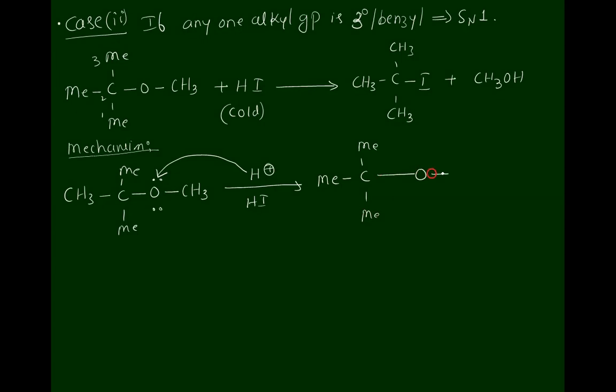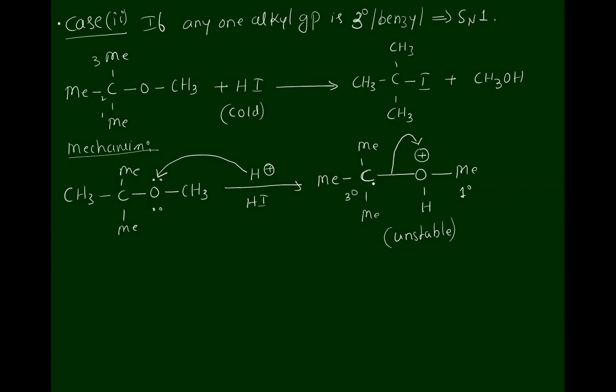O, methyl. Now the positive charge will be there. Whenever this positive charge is present on the oxygen atom, the molecule is unstable. To retain the stability, it can drag the electron density either from this tertiary carbon atom, or from the primary carbon atom. If it drags the electron density from the primary carbon atom, we get a primary carbocation. If it drags from the tertiary carbon atom, it forms a tertiary carbocation, which is more